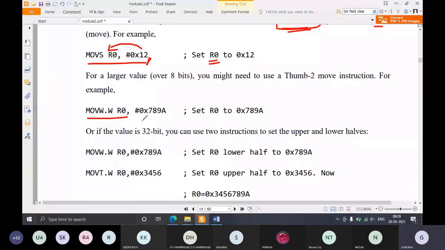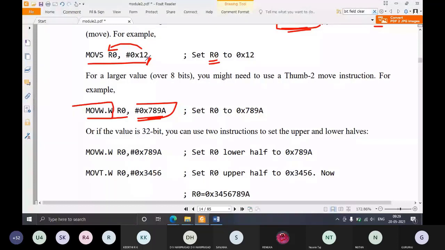So it is 16-bit immediate data you are trying to move to R0. Whenever the immediate data is more than 8 bits, you have to go for MOVW. You cannot use MOVS, because it can be used only if the immediate data is 8 bits or less.